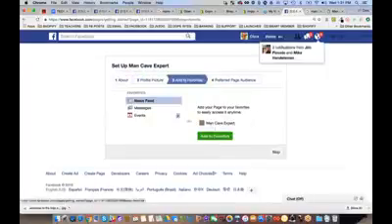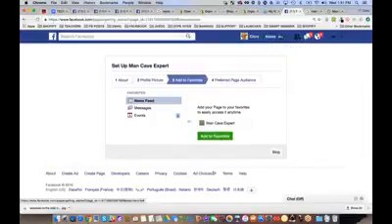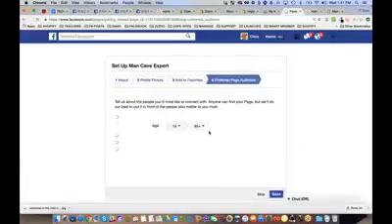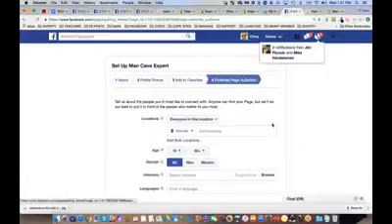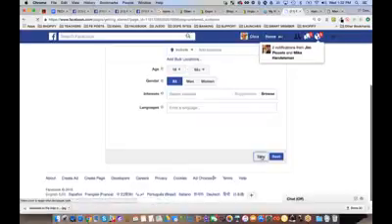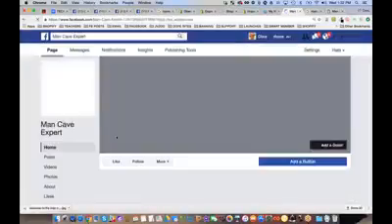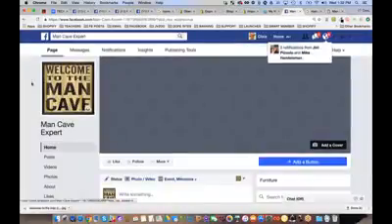Now, do you want to add it to your favorites? If you're designing a page you're going to be using often, just click this button here. Okay, Man Cave Expert. Otherwise, if you have a lot of pages, just skip. Now, preferred page audience, you're definitely going to skip this. You're not going to use Facebook ads. That's not what you want to do. Your audience is going to build naturally. Okay, so just right here in a couple minutes, we've got a name, Man Cave Expert, and we've got